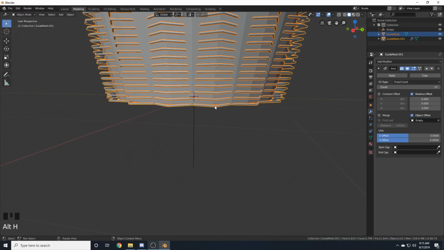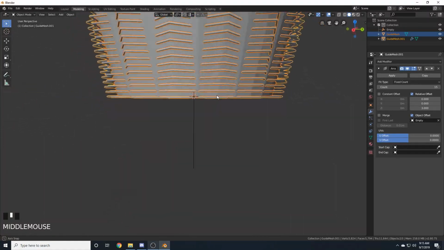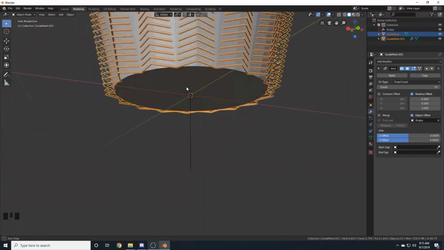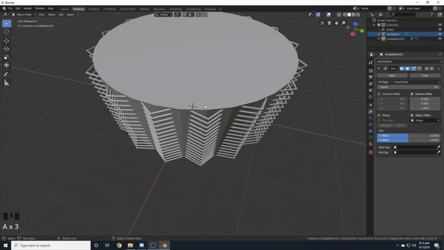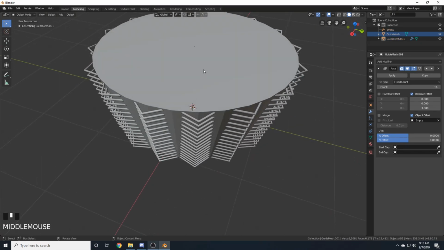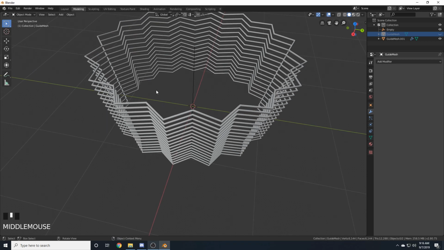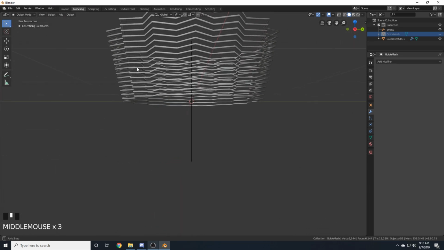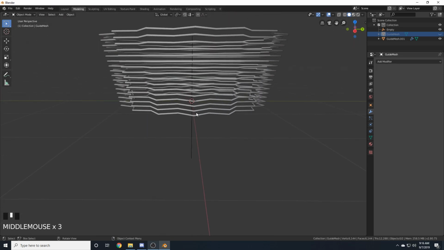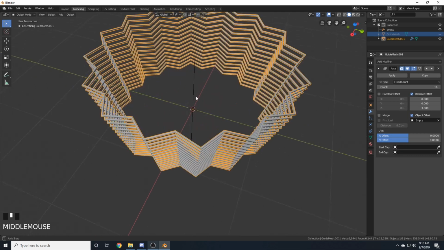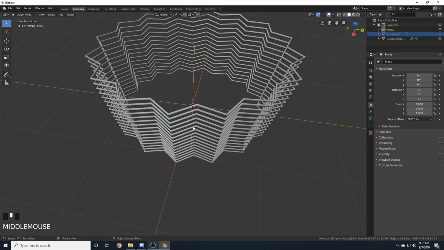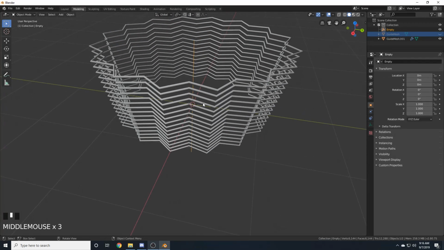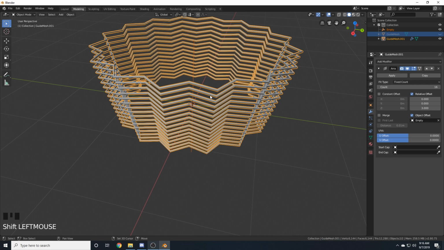And I'm going to unhide that cylinder real quick so I can just see. Yeah, that looks pretty good to me. I'll increase the count a little bit so that it reaches up there. Alright, cool. So, now we need to duplicate this, move it up and rotate it, but we can't just duplicate this by itself, because if we change this or the empty individually, it'll change the shape of this. So we actually have to select both of these and duplicate it, but because we're going to have 2 of